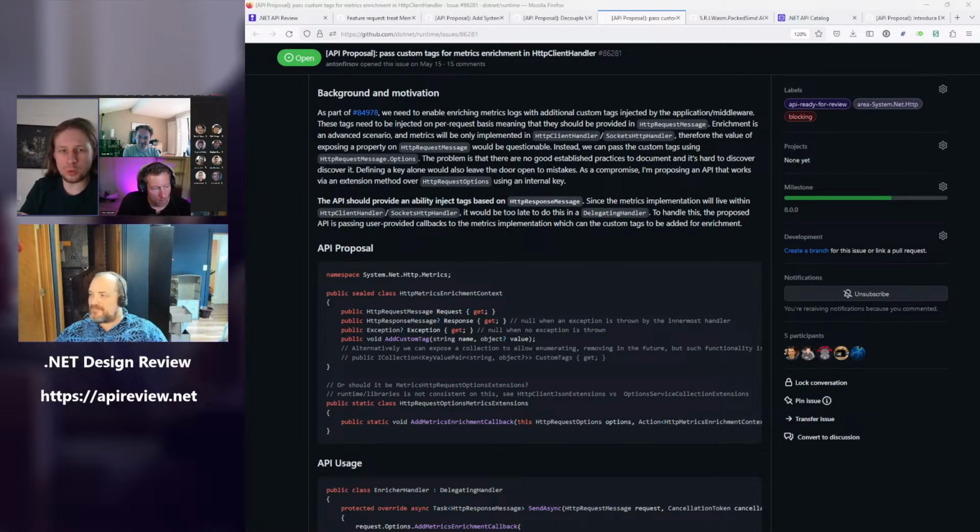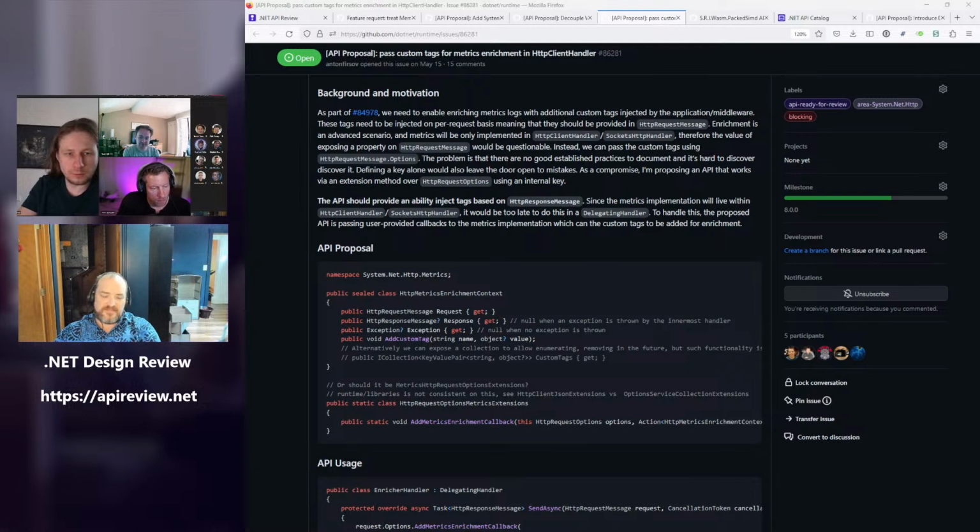So if you want to register some custom tags at the HTTP client call side, you can still register a delegate there. And you can also use it in diagnostic listeners. That was another use case James wanted to work. And yeah, it looks like this would solve all these cases.